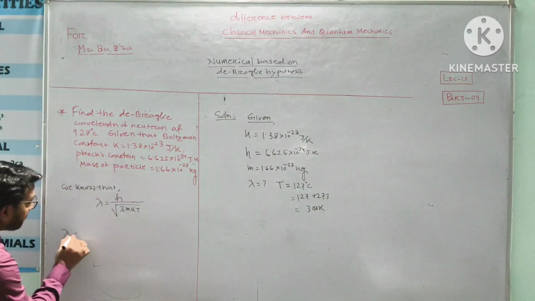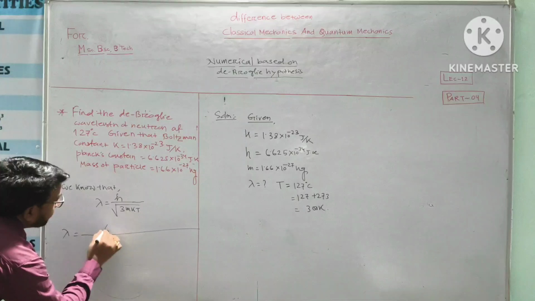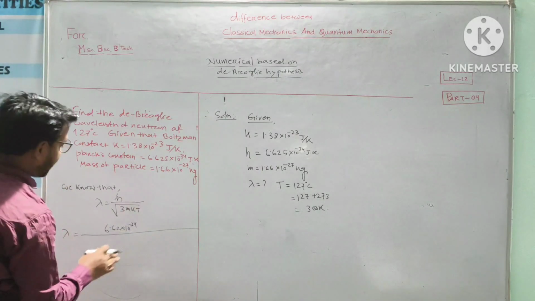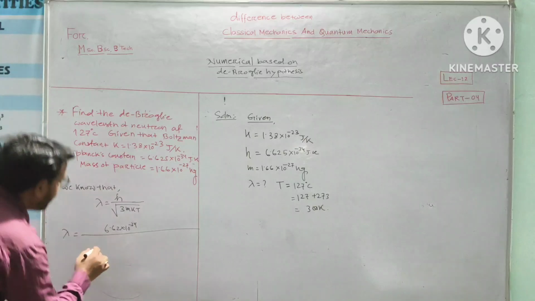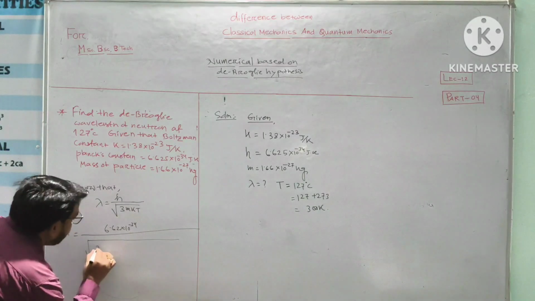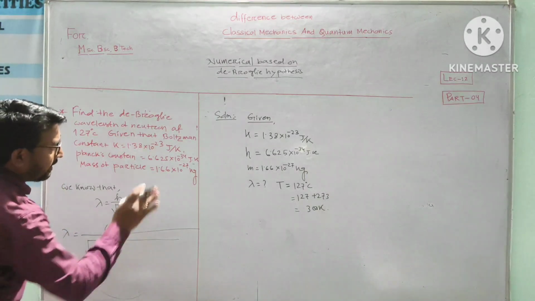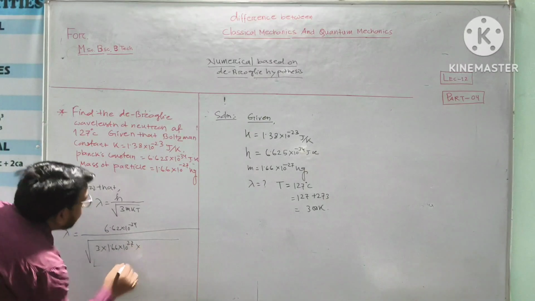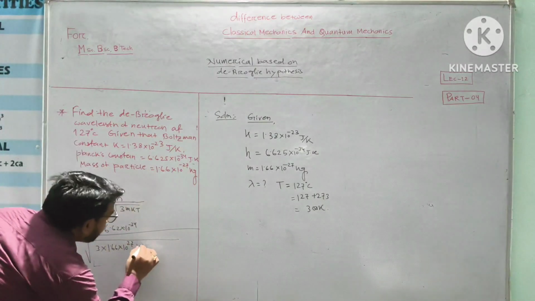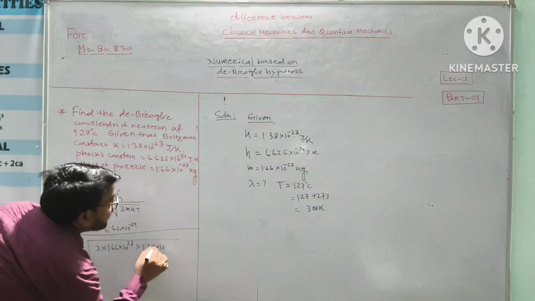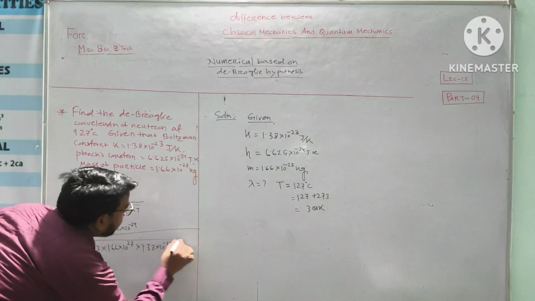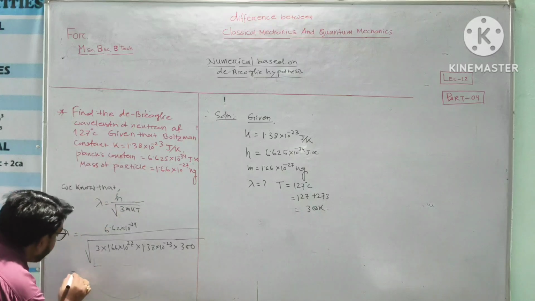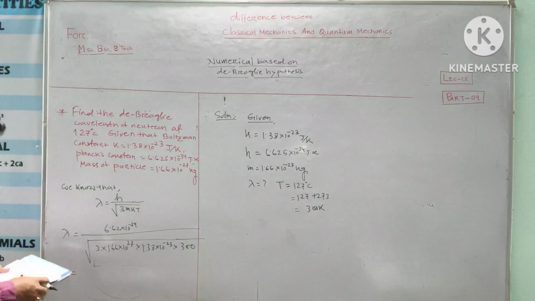So lambda equal, the value of h equals 6.62 into 10 to the power minus 34, and 3 into mass of particle equal 1.66 into 10 to the power minus 27, into k, Boltzmann constant, which is 1.38 into 10 to the power minus 23, into temperature, which is 300. After solving this part, we will get lambda equal